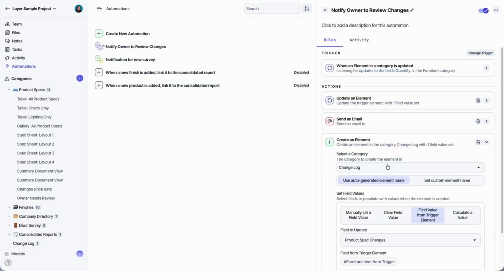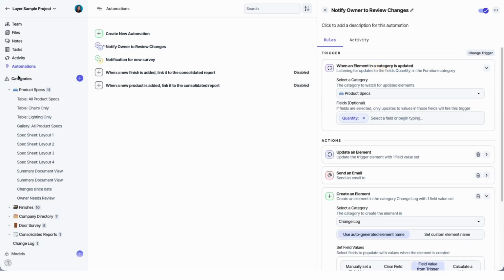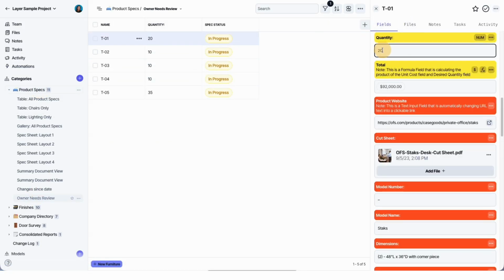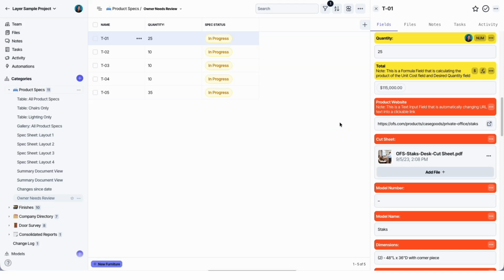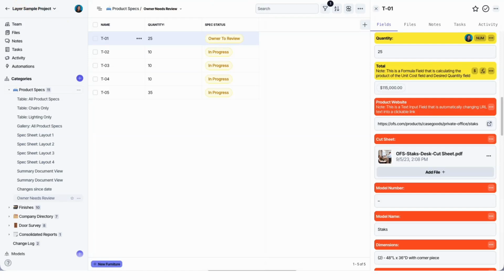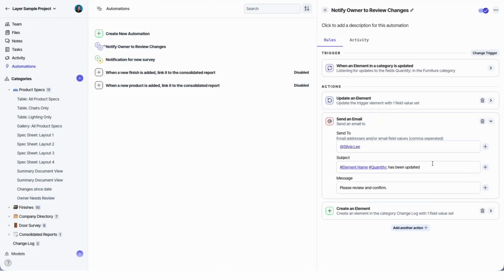Okay, so if the quantity changes in product specs, so we already have this view 20 to 25. And then this change to owner to review. And I have an email here saying the spec and quantity has been updated. We'll probably want to update that. So it says send an email where